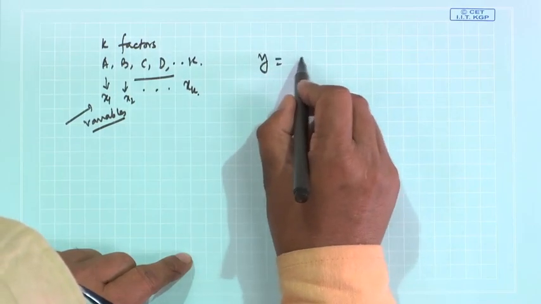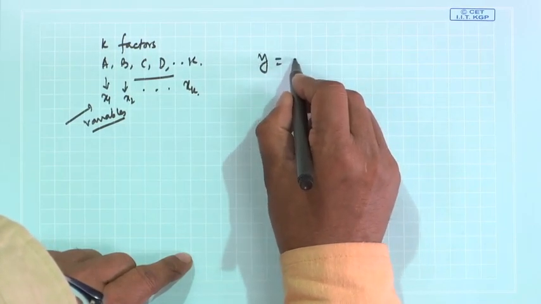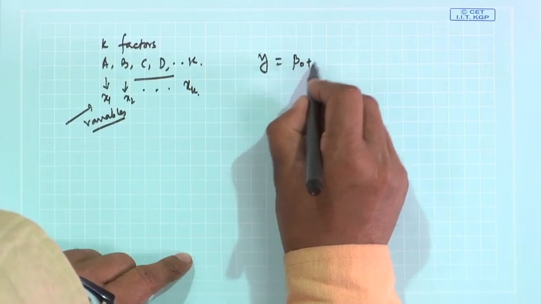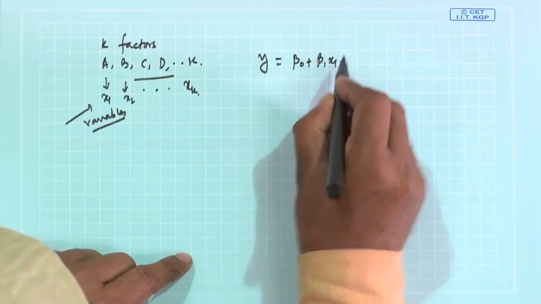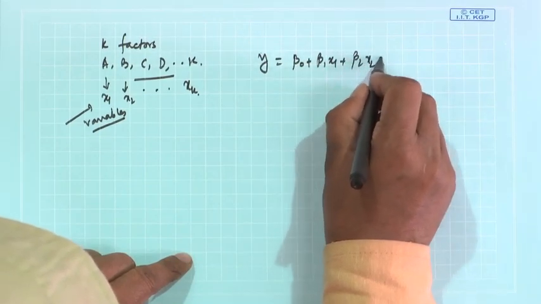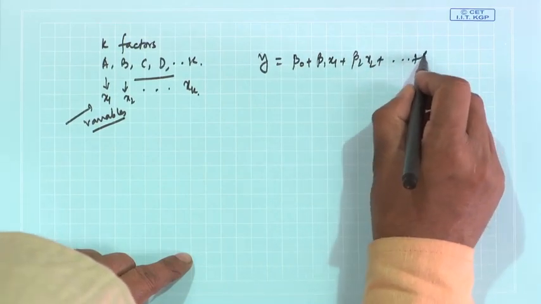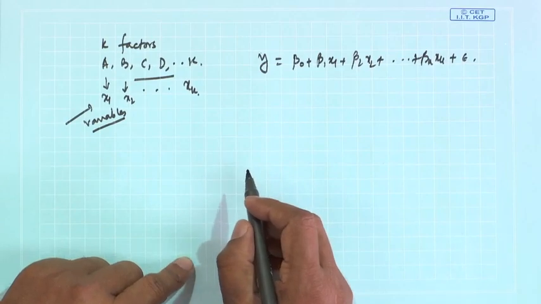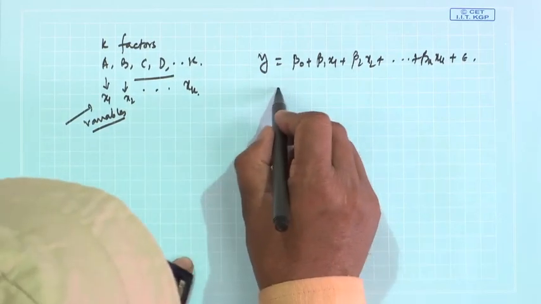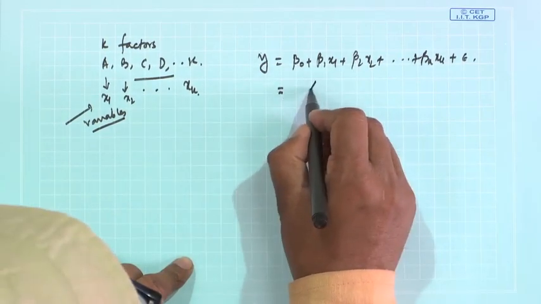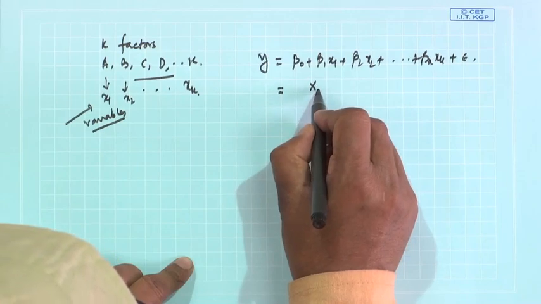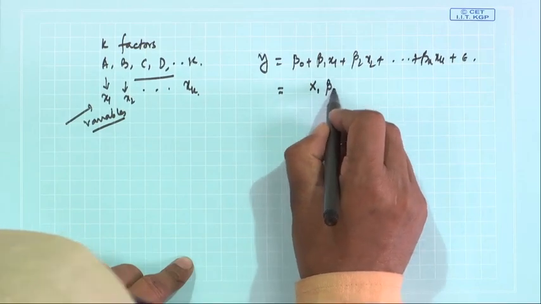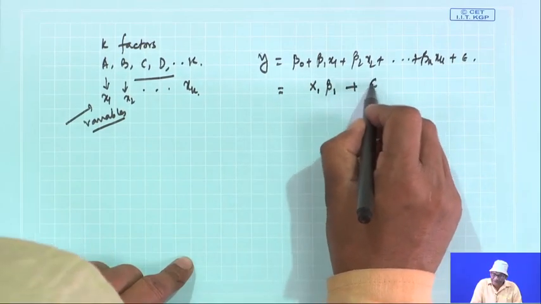Y is basically beta 0 plus beta 1 x 1 plus beta 2 x 2 and so on up to beta k x k plus epsilon. Let us define it like this: y equals x 1 beta 1 plus epsilon,